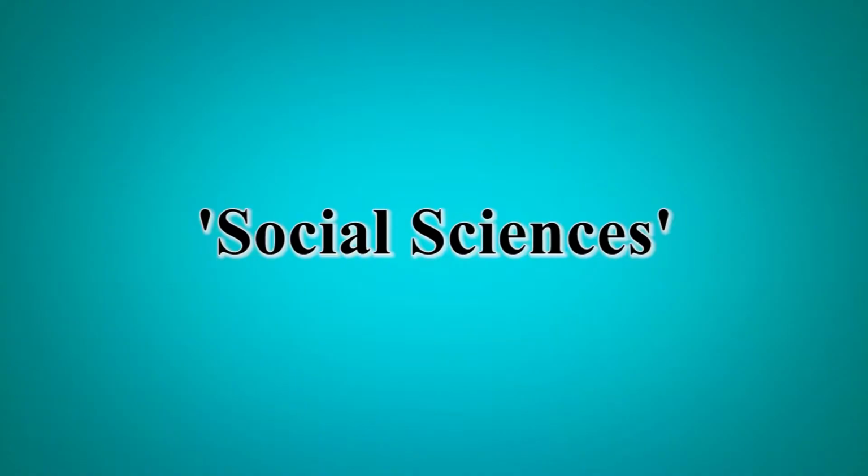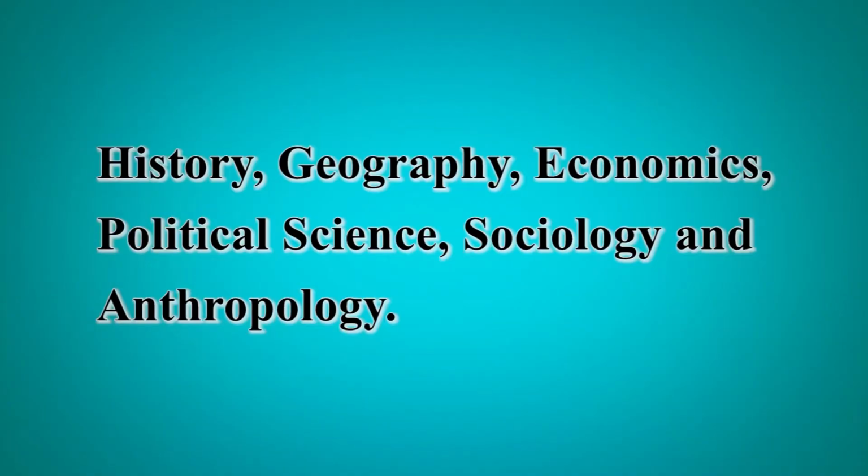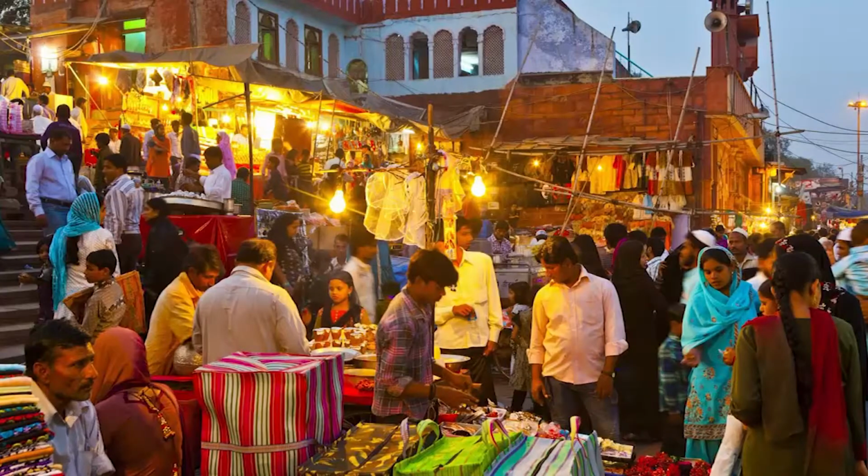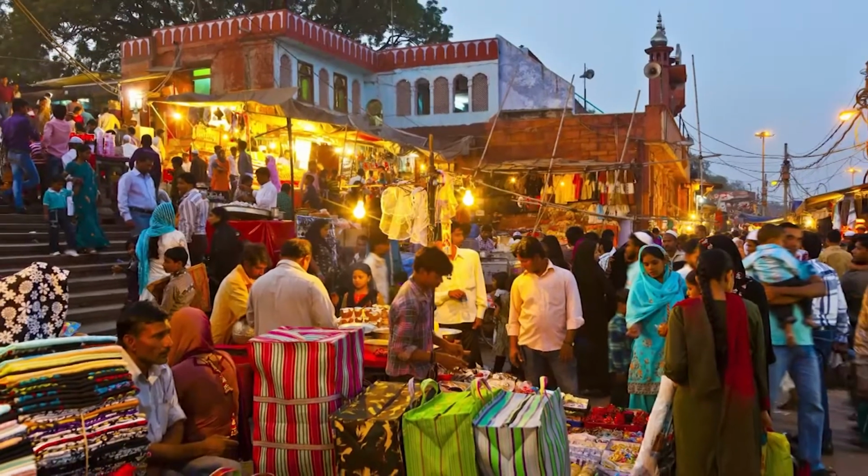Dear teachers, social sciences is one of the compulsory school subjects to be studied up to class 10th. It primarily draws its content from history, geography, economics, political science, sociology and anthropology. In classes 9th and 10th, that is, at the secondary stage, social sciences consists of history, geography, political science and economics. In all these areas, students learn about social and economic challenges facing the nation from multiple perspectives, giving primacy